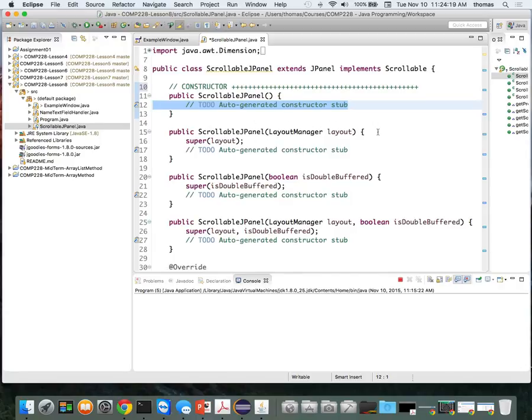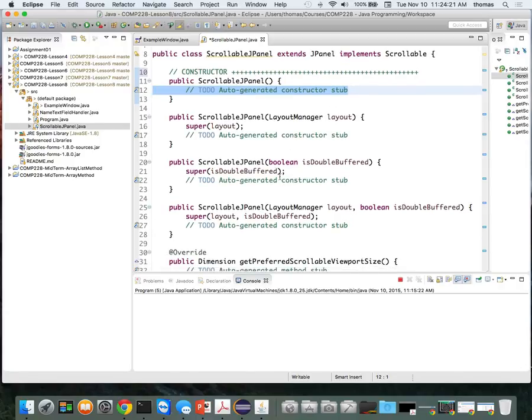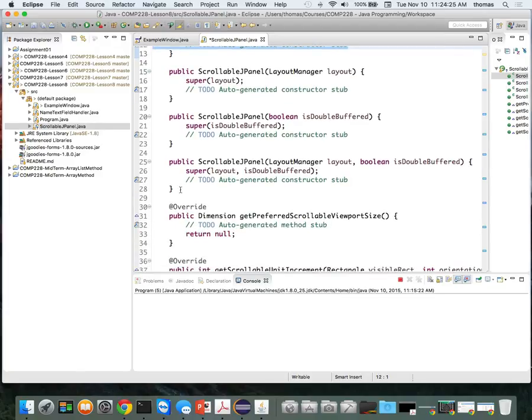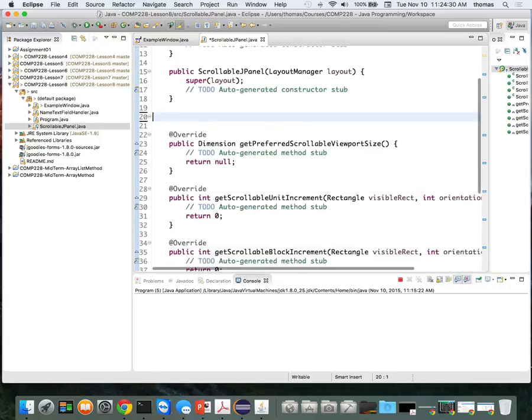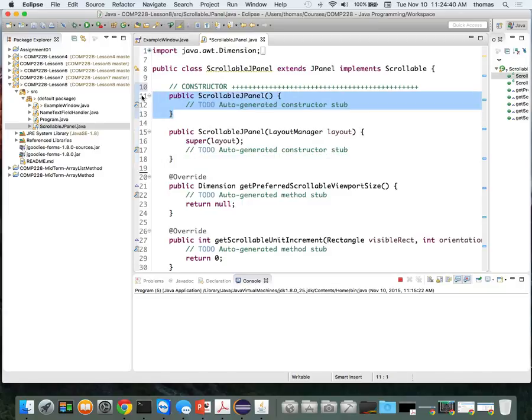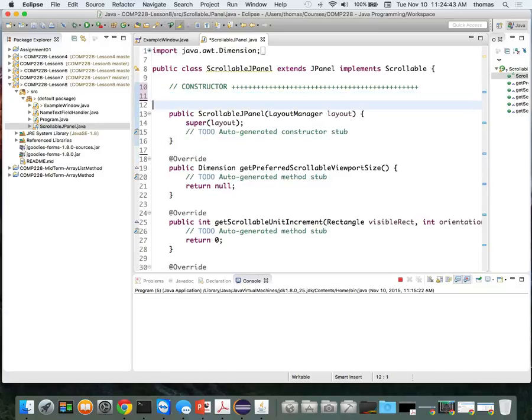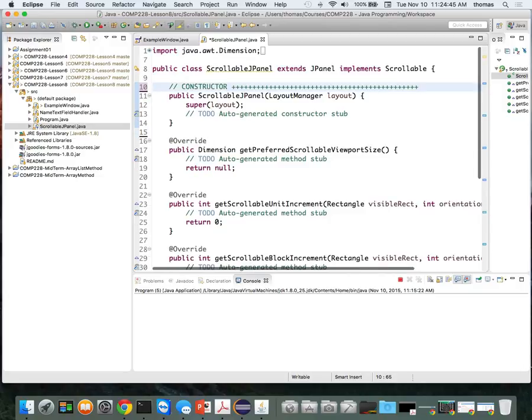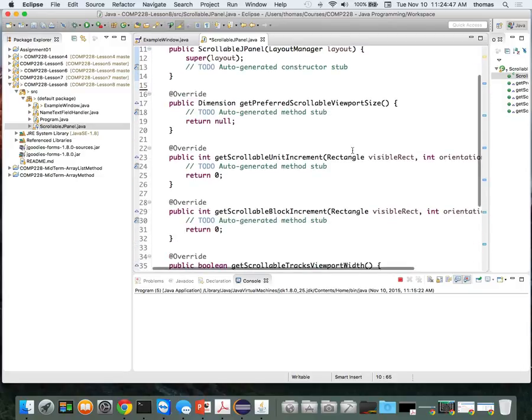One thing I don't need. I know I need a layout manager. I don't care if it's double buffered, and I don't want a double buffered layout manager. So I want to get rid of some of these other ones. I'm going to get rid of this one, because these are optional anyway, and this one. I'm probably going to send a layout in here, and I'm probably never going to ask for, or need to call, the empty constructor for it to do something by itself as an overload. So I'm just going to get rid of this one too, just so it simplifies some of the stuff we see. But these ones, my friends, these overrides,